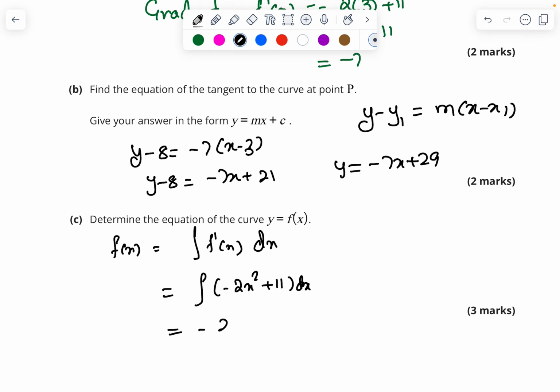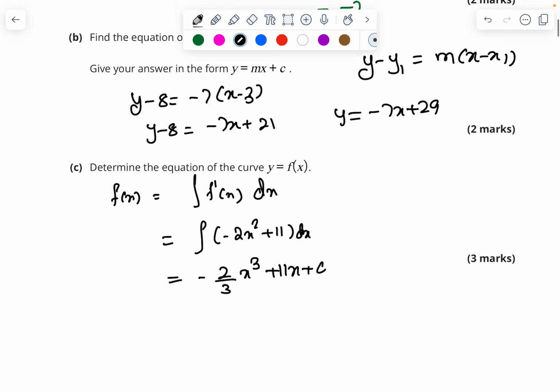Which is going to be minus 2 upon 3 x cubed plus 11x